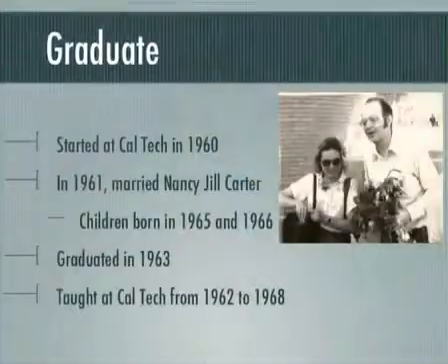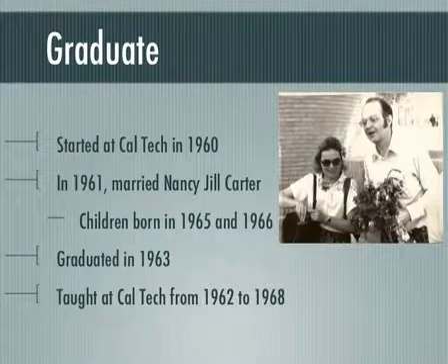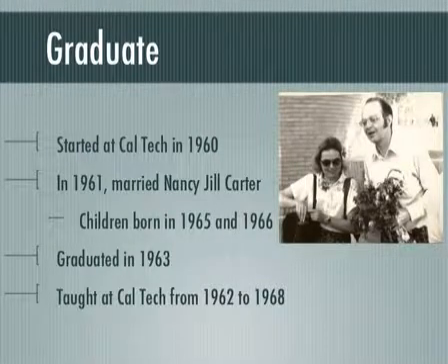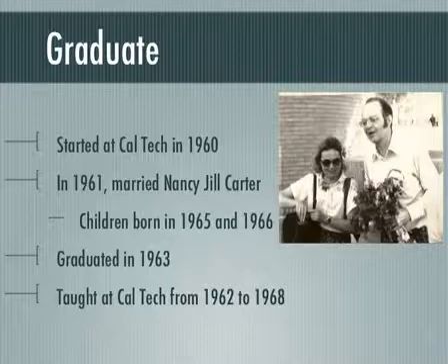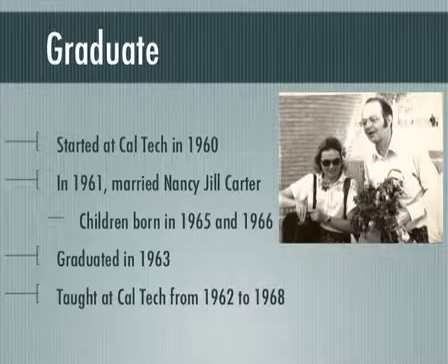He also had published a couple of papers in journals on mathematics and on doing algorithmic things within maths. And he had 3 offers of scholarships to various institutions across the US. He eventually chose to go west and went to Caltech and started there in the fall of 1960. He married in 1961 and had children born in 1965 and 1966. He graduated in